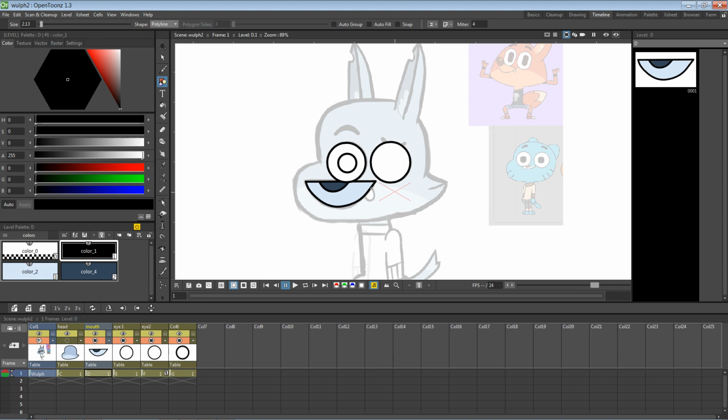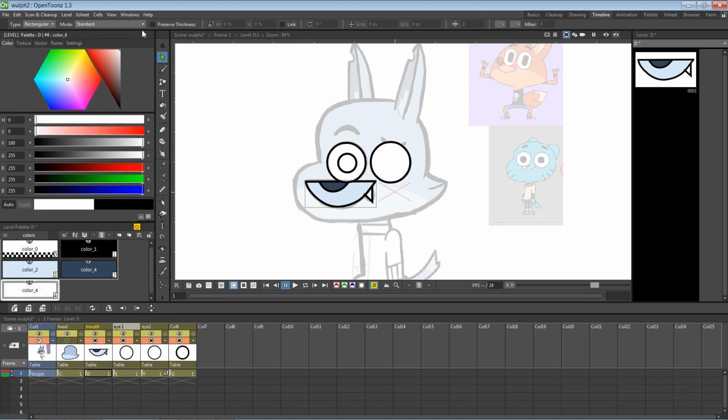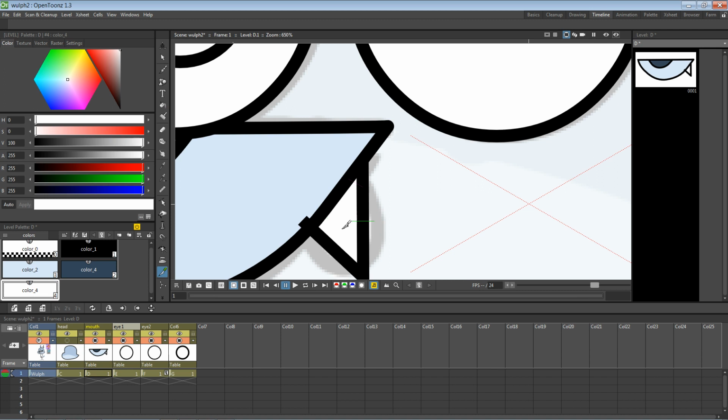Draw over and cut it. There's a new layer, or the nose layer. Same hole here. And I need to cut this off. So slice to